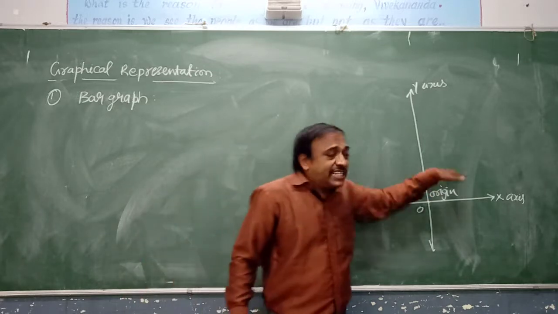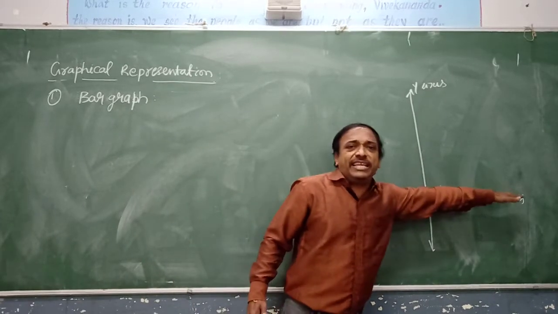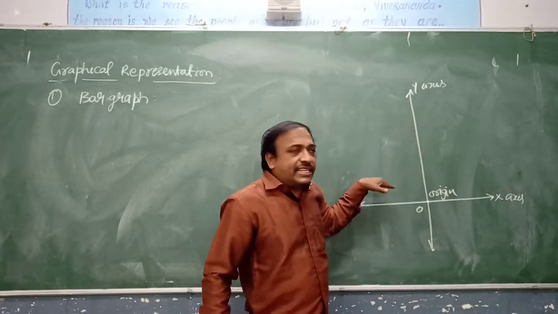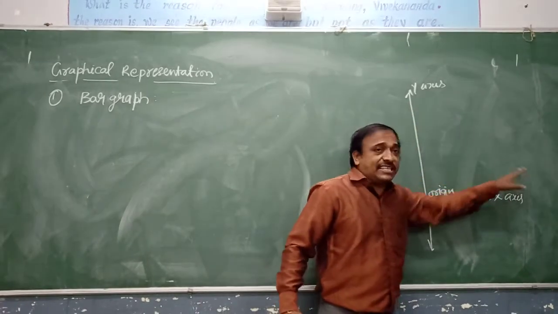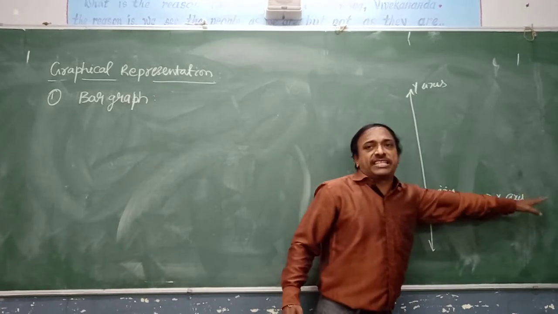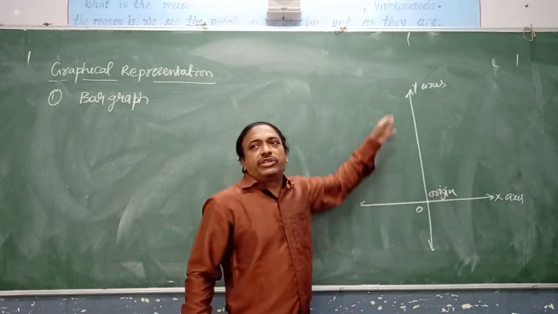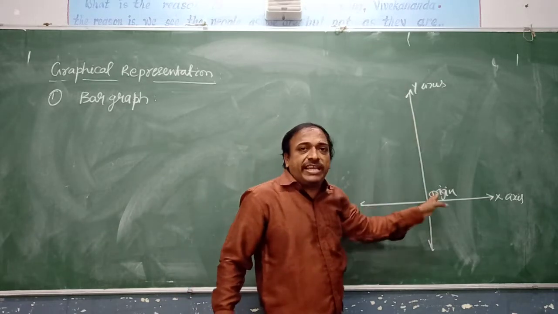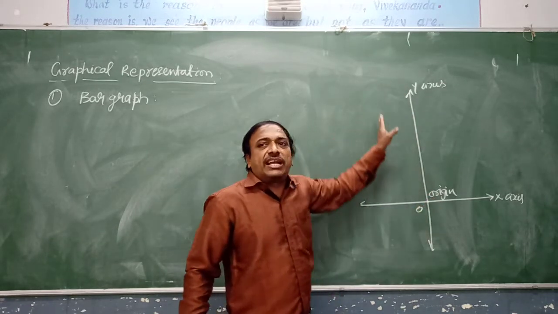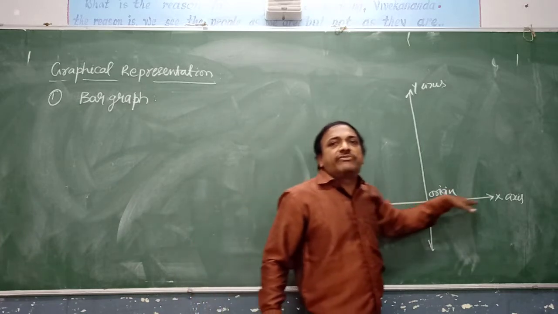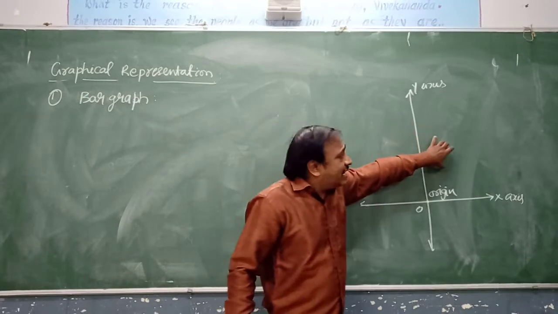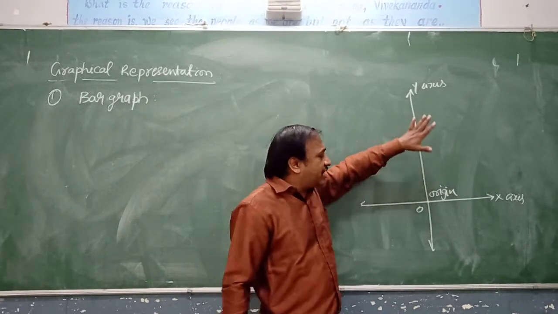You can represent even the rectangular bars along with the horizontal line, that is the x-axis also. If you represent the rectangular boxes along with the x-axis, then frequency you need to represent on the x-axis and the information you need to represent on the y-axis. If the rectangular bars are in a vertical way, then frequency will stand on the y-axis and the information will stand on the x-axis.